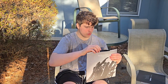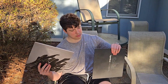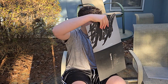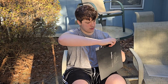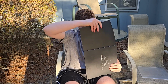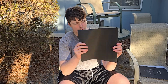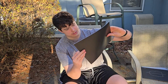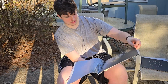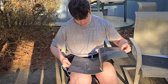But now what I found really cool with this record is that most of the time when you get liner notes and your little lyric book, it's just a sheet of paper and the lyrics are really hard to see. But with this band, they basically put an entire novel in here. It's literally an entire book. So you get this super thick thing. On one side is just the album art, and then the other side it says Tsunami Sea, Spiritbox. It's almost like the CD version of an LP because you got a whole booklet. And then when you open it up here,